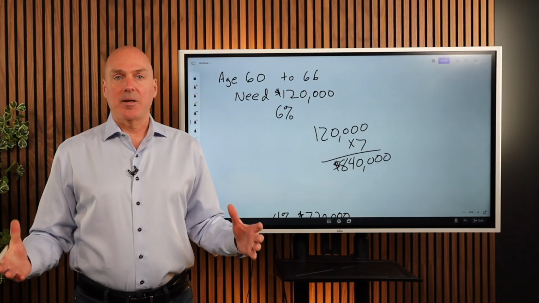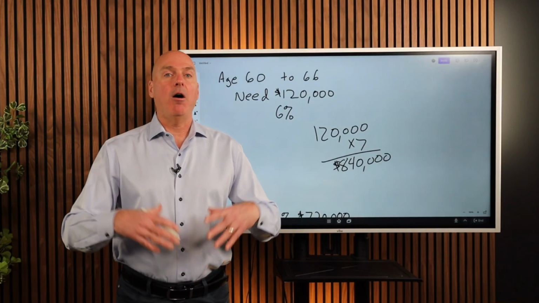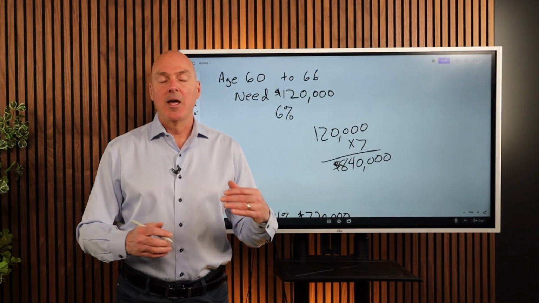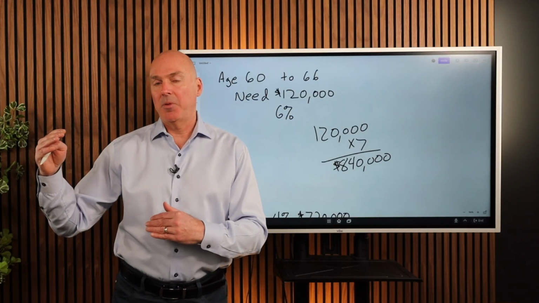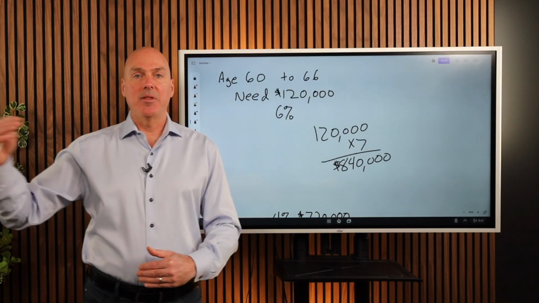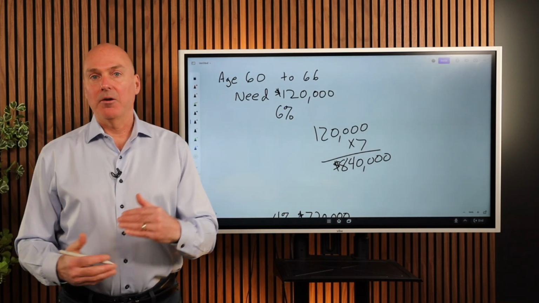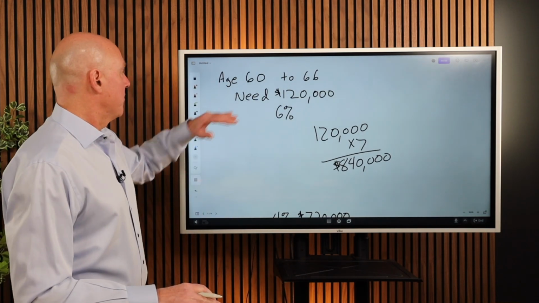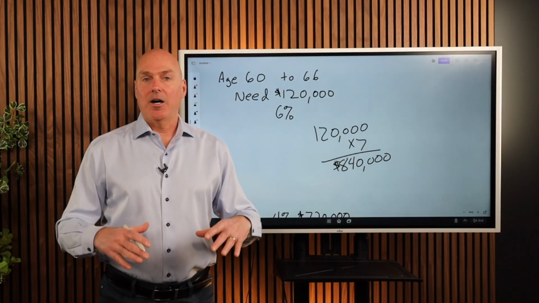And by the way, this is something that's very, very common. In fact, I would say 90% or 95% of all of the financial plans that we do for clients end up having something very similar to this, where they have some bigger gaps in the early part of retirement, and then as some of that predictable income starts to kick in, that gap can get a little bit smaller in most cases. So from age 60 to age 66, they need $120,000 a year to cover all of their